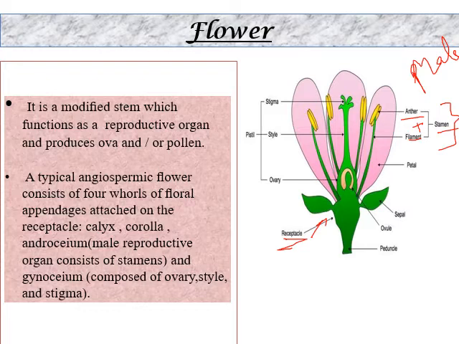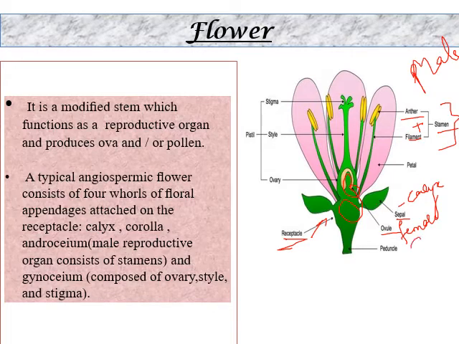Collectively it is called a stamen, which is one of the four floral appendages, and the others are the calyx and corolla. Where will you find the calyx? The calyx is this very green part. You can see this is written as sepal, so you can call it calyx also. See, the green part present near the ovary. This is the ovary where the female reproductive organ originates, and the ovule refers to the female